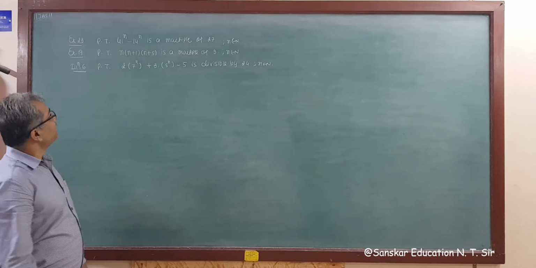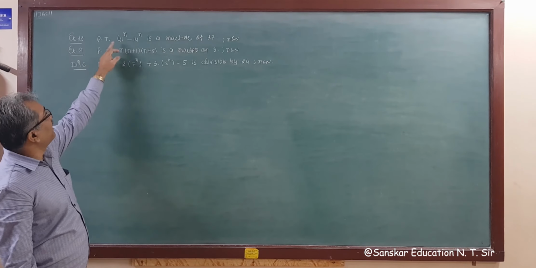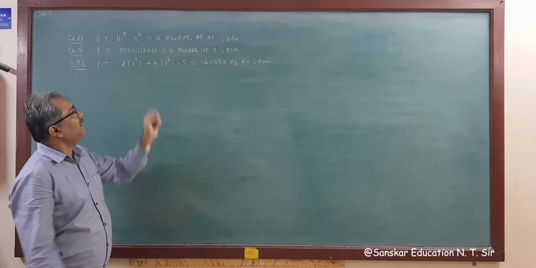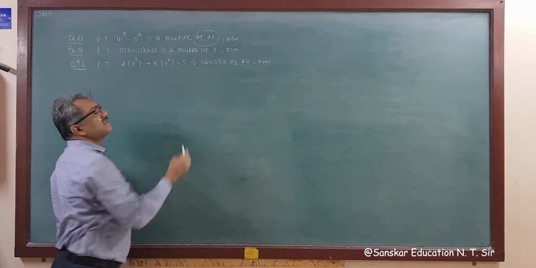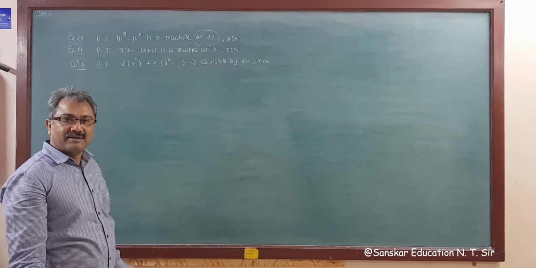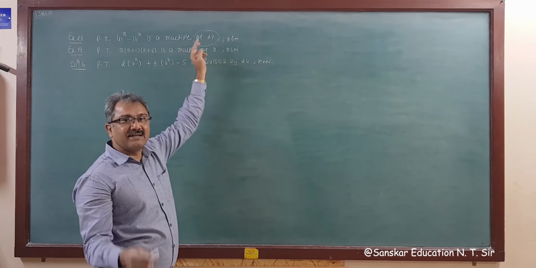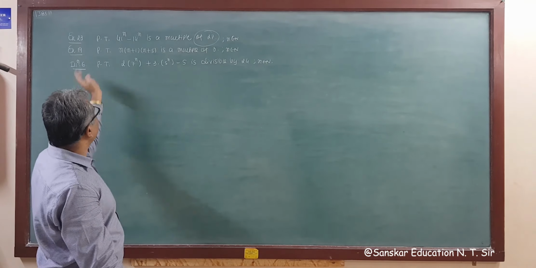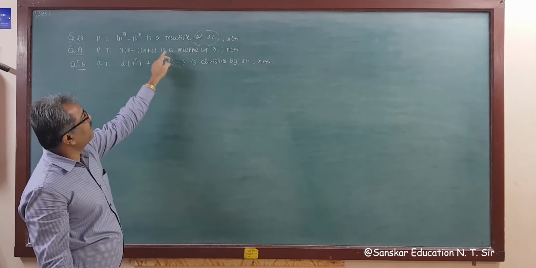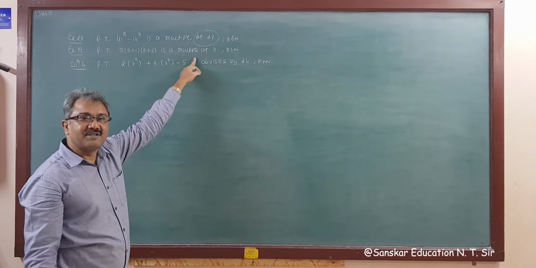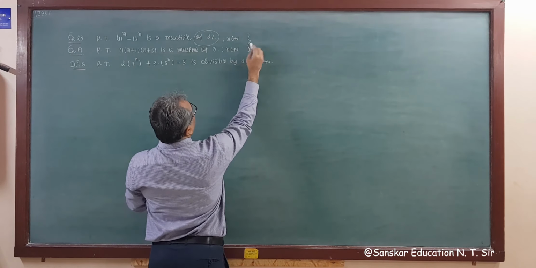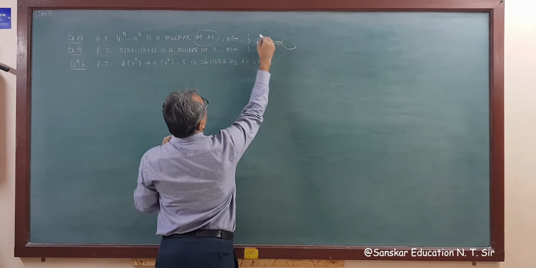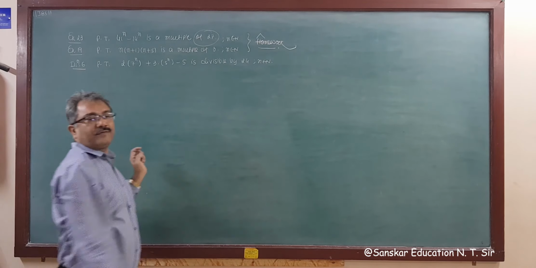Okay. Next question is example number 23. Prove that 41 raised to n minus 14 raised to n is a multiple of 27. Right? This is a multiple of 27, that is divisible by 27, so you can do it yourself for practice. And the same thing, n plus 1, n plus 5 is a multiple of 3, that is divisible by 3. So this is for you, right? This is homework for you.